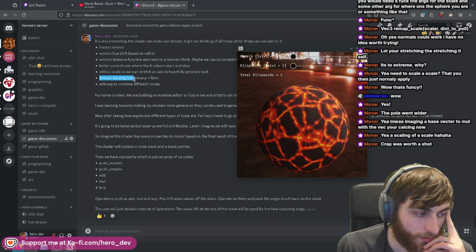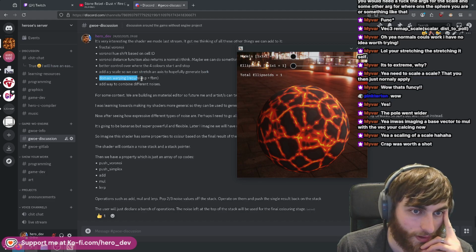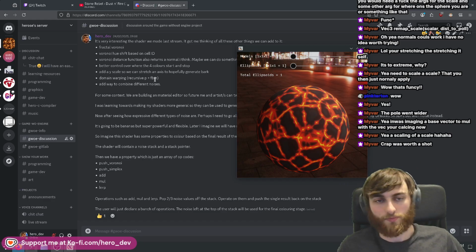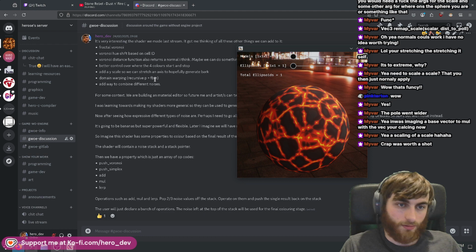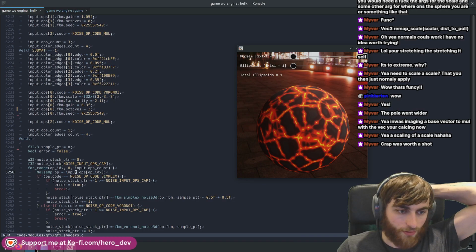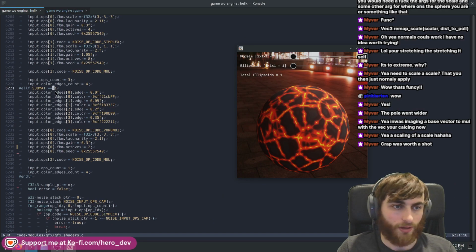Domain warping. I want to try that, like a recursive FBM. Offset the position by resolving an FBM and keep doing it. So we're getting quite close. There's another few ones I wanted to do. So let's just quickly, rather than color edges,